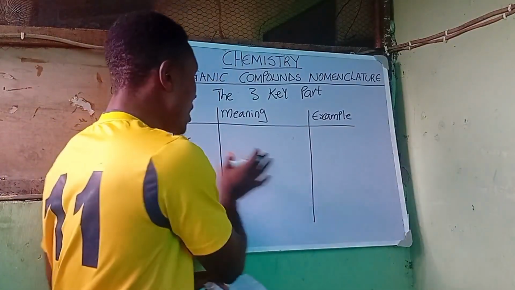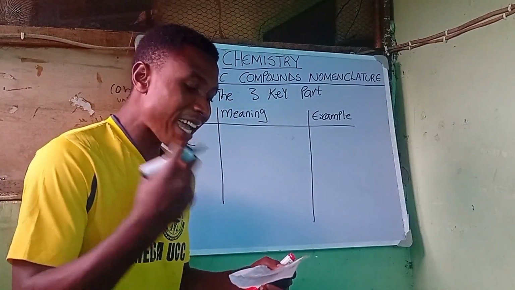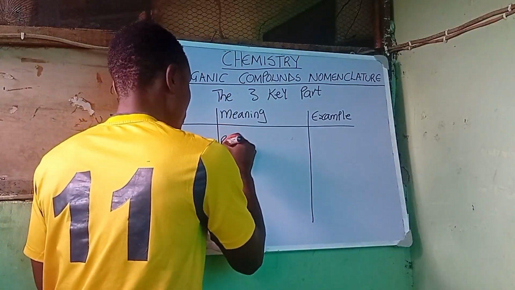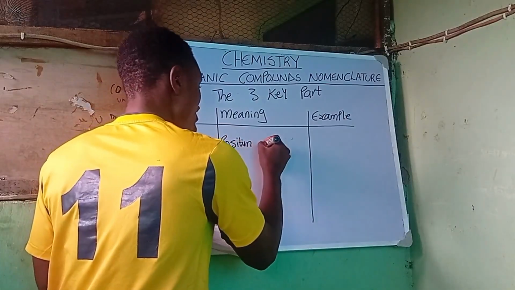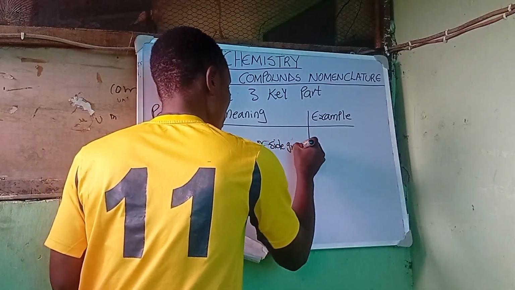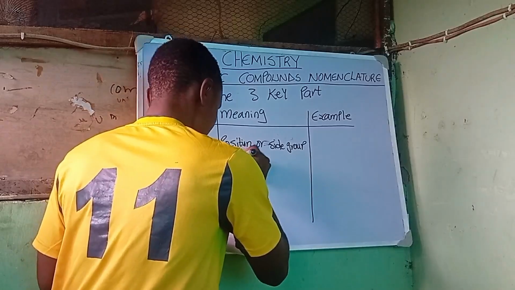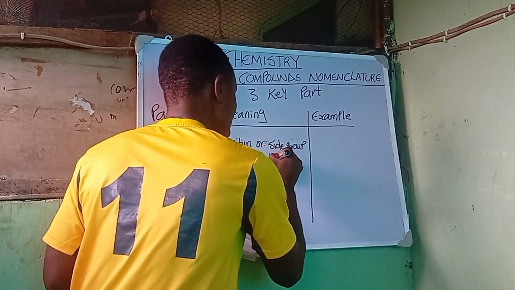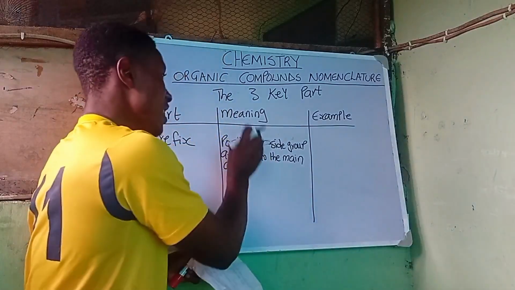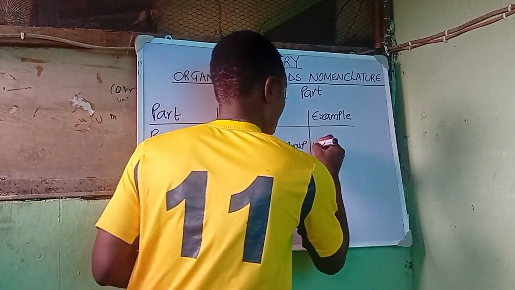Now, what is the meaning of prefix in organic chemistry? Prefix simply means a position or a side group attached to the main carbon chain. So we say a position or a side group attached to the main chain. A prefix is a position or side group attached to the main chain. Examples are something like methyl,